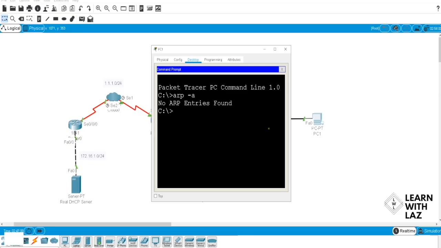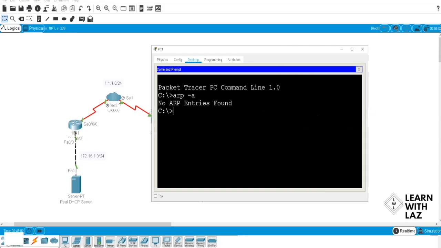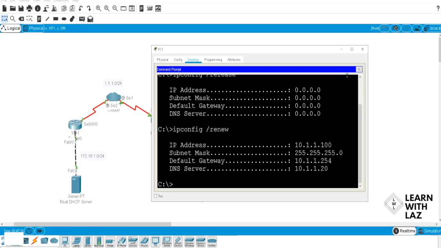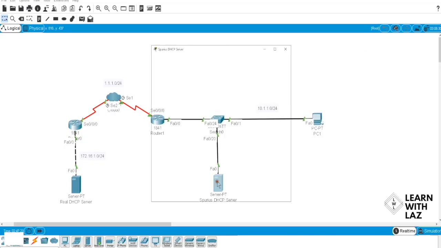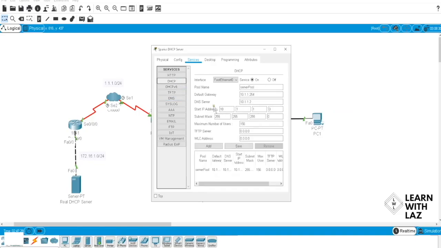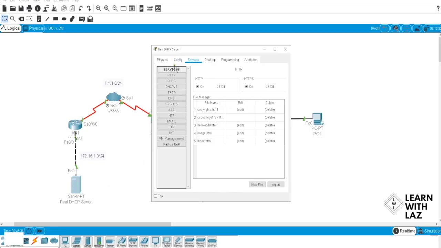Let's do an actual release and renewal. How about that? Let's do an ipconfig. ipconfig /release and then /renew. Let's see. I'm still getting 10.1.1.20. This is not 20. This is 2. No, DHCP, sorry. Oh, look, DNS server 2. Starting IP address is 0 over here. So over here, DHCP